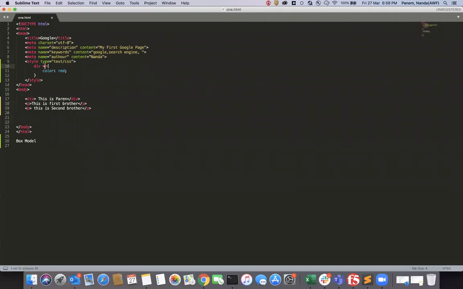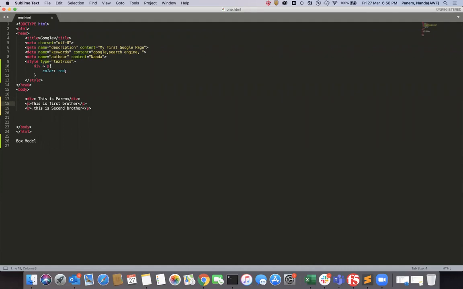If I provide a tilde symbol over here, and a paragraph is a sibling of a div tag, so these are all siblings, correct? This is the parent. Body is the parent now, and inside we have multiple children. For the div tag, the paragraphs are siblings, and for a paragraph, the div and the other paragraph are siblings. So the first one, second one, third one.